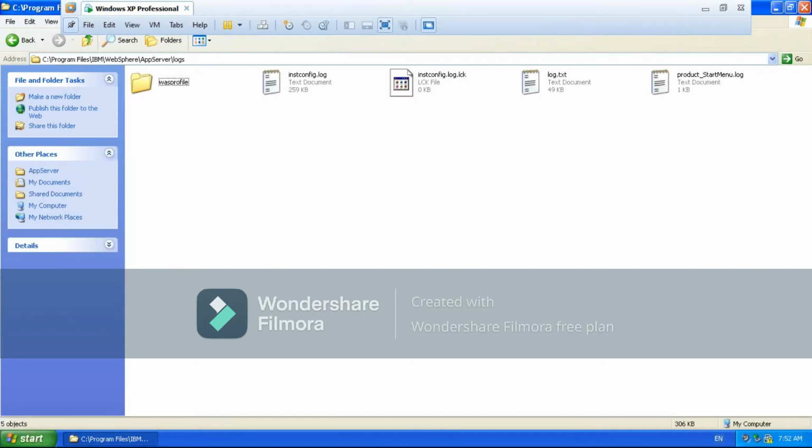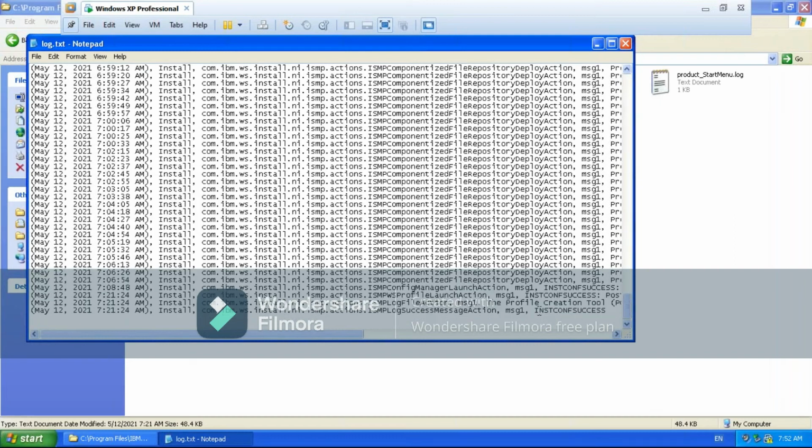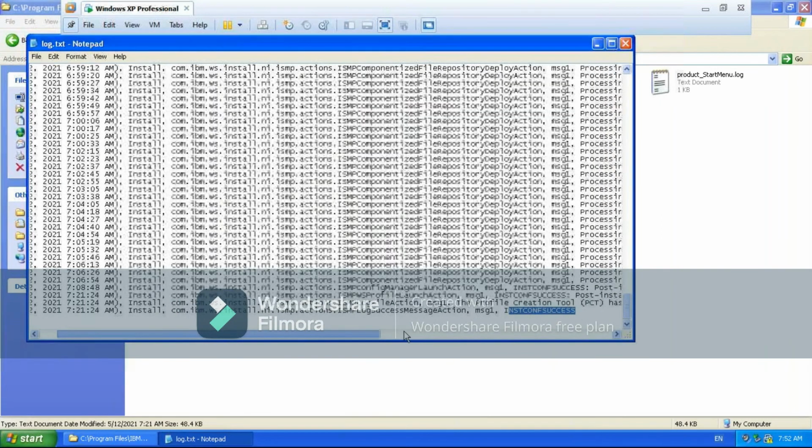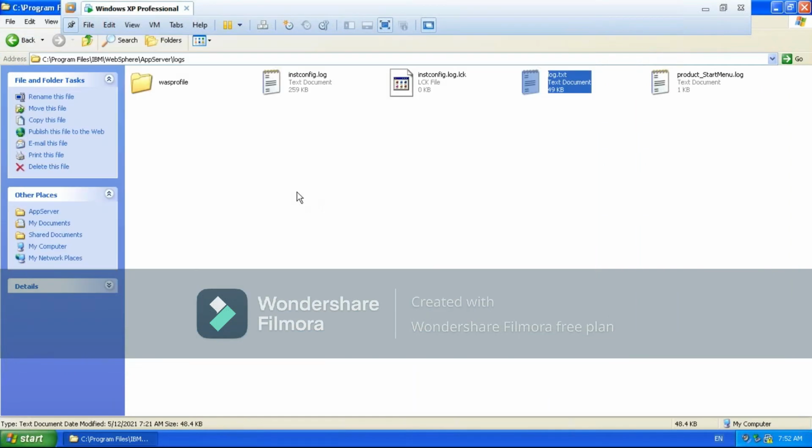In the logs you will see log.txt, where you can see whether the installation was successful or not. There you can see the installation configuration success, which means the installation of WAS is done. You will check in the WAS home, in the logs, log.txt.